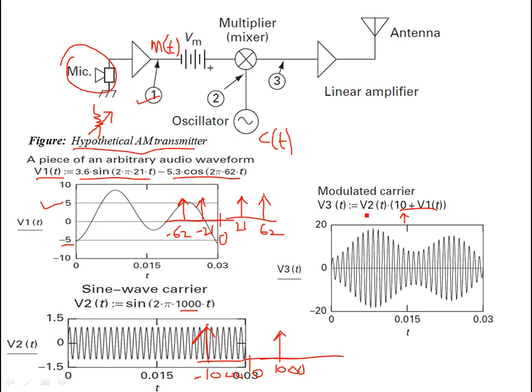So at the output, this is 10 times V2T plus V1 and V2T, so 10 times V2, plus V1 plus V2. These cross product terms in the time domain are going to produce